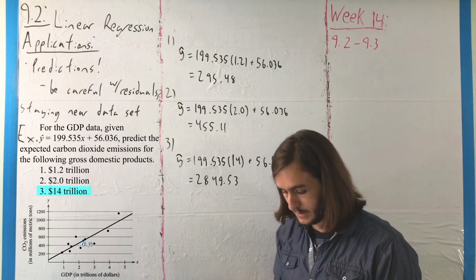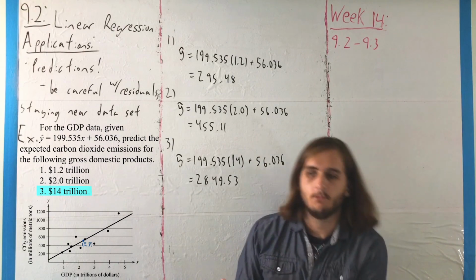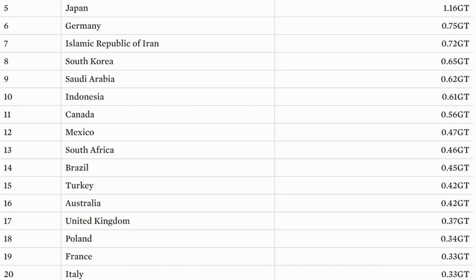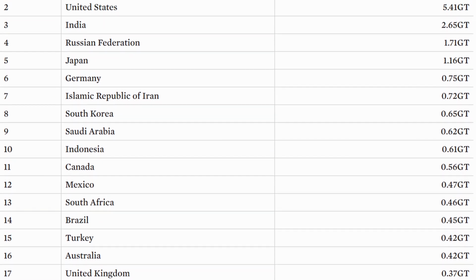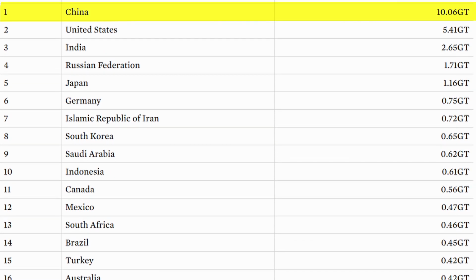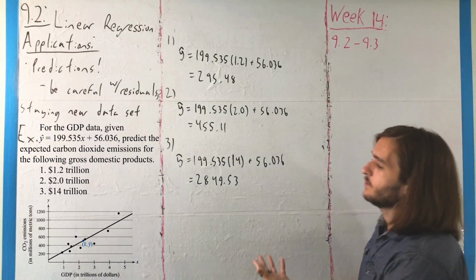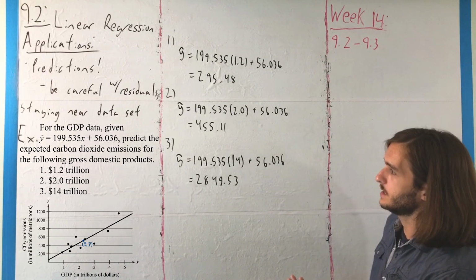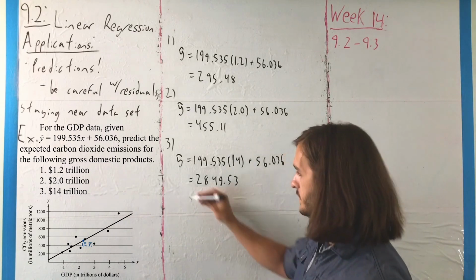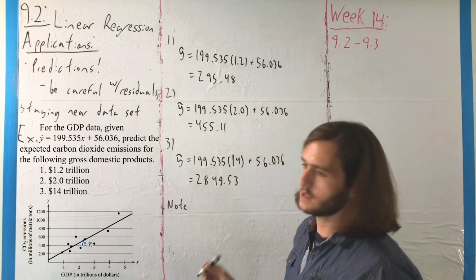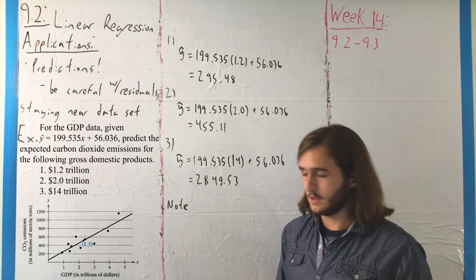2,849.53 million metric tons, where if we wanted to check this for ourselves, because this is an actual data point that you can look up online, you would see that China emitted about 1,006 million metric tons. And again, like I mentioned at the beginning of the video, it's important to understand that the further we get away from our data set, the less reasonable we should expect our predictions to be. So note here, not just because we know from reality how much CO2 China emitted,